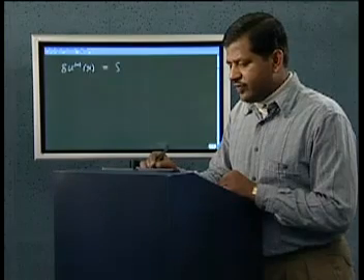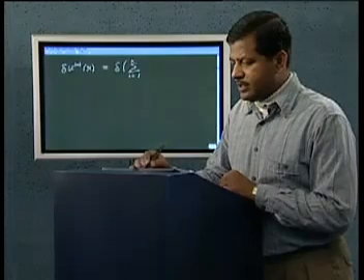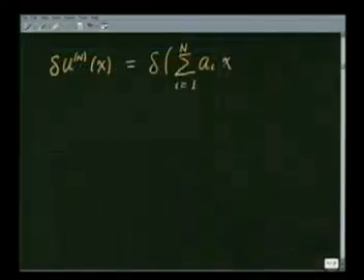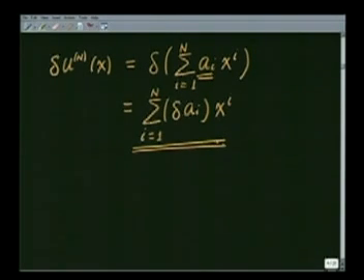This will be equal to variation of sigma i is equal to 1 to n ai x to the power of i. These functions x to the power of i are given to us. What is going to change in order to get the variation is the coefficients ai. So the variation of un of x will become summation 1 to n variation of ai x to the power of i. Once we have obtained this expression for the variation of un, let us go and put it back in our